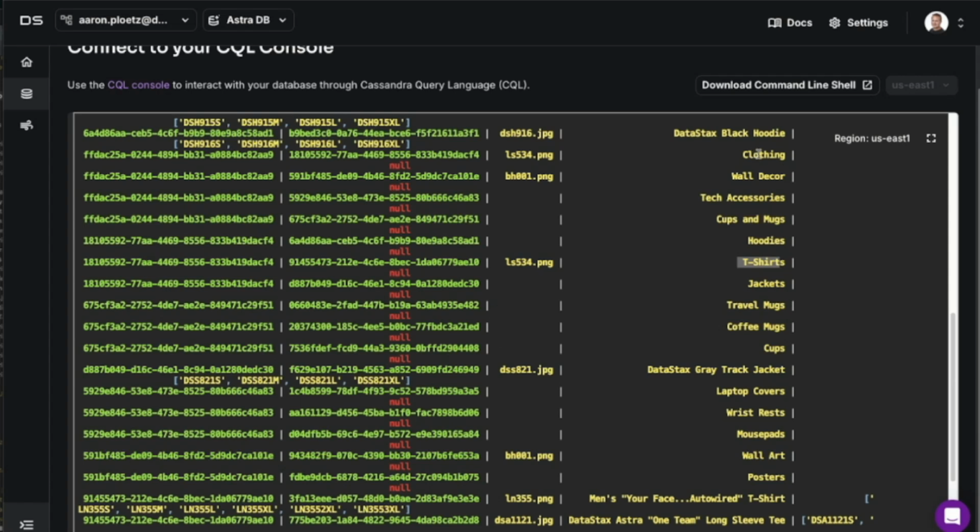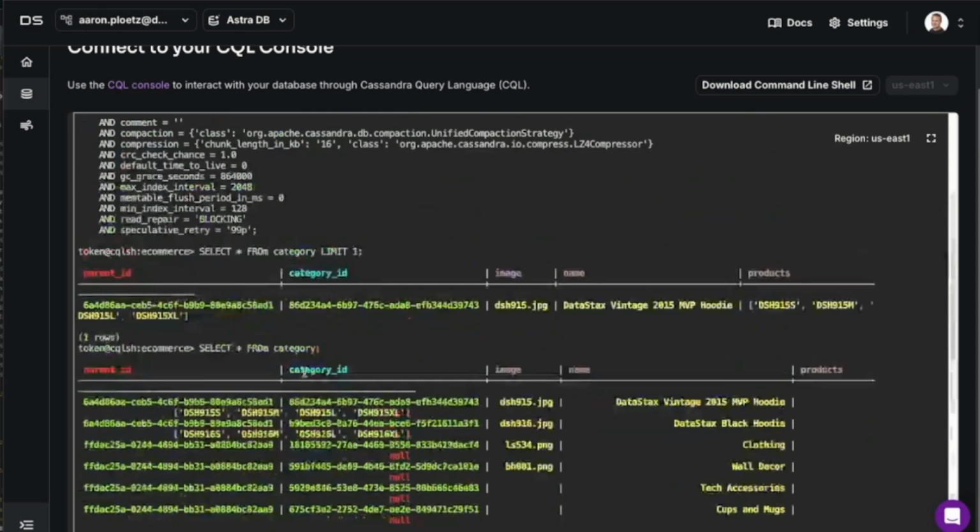You can see that this is the overall root category ID. Here is the category ID for clothing. And if I go down to hoodies and t-shirts and jackets, you can see that the parent ID for those is the category ID for clothing. So that is a little bit about how this works.